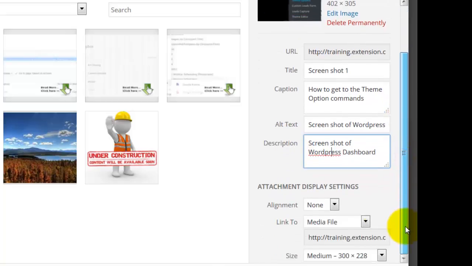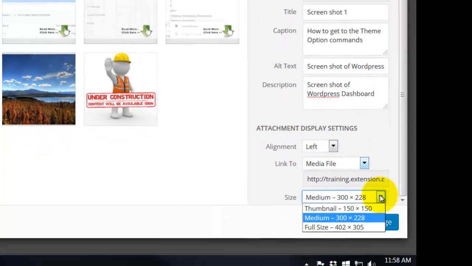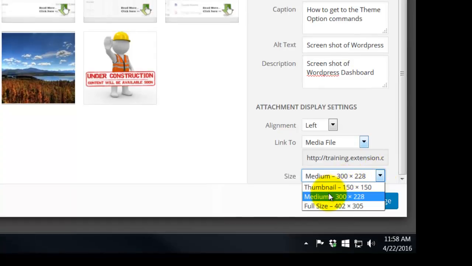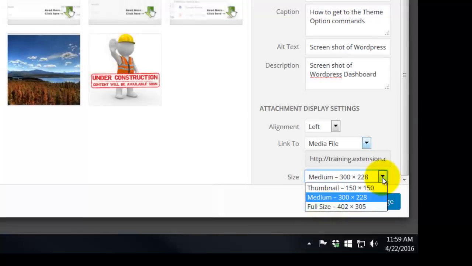We'll scroll down. We're going to align this to the left, and you can change that at any time in the process of working on your page. We'll keep it linked to the media file, and we can choose our sizes right here. Right now our options are thumbnail, medium, and full size. As a rule, WordPress gives you 4 options under size. It gives you the full size, and then large, medium, and thumbnail. Now my full size is only 402 pixels wide, so we don't have the large option here. We simply have thumbnail and medium. But if you're working with an image that is 1,000 pixels or larger, you'll have the large option as well. I'm going to go with medium,